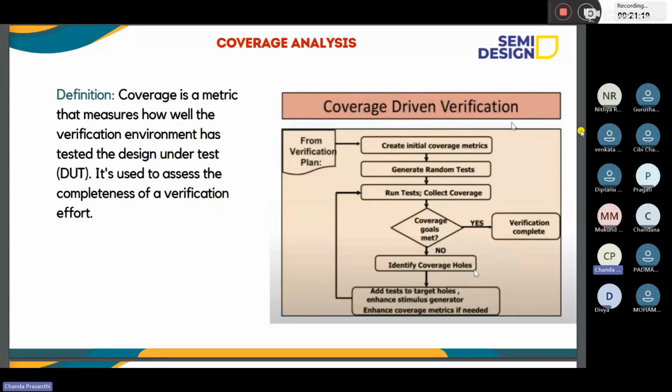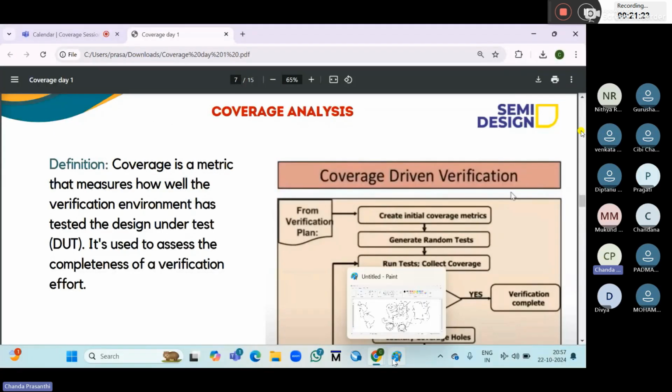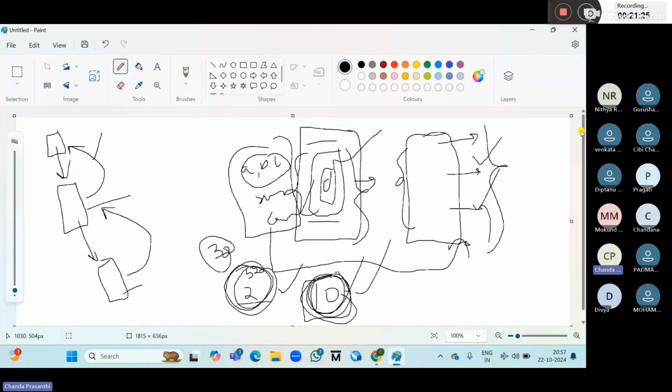Okay, suppose I told here there are 10 test cases. In real time there will be nearly 1,000 test cases for one single block, one suite. There will be thousands of test cases, and for thousands of test cases, we will write lakhs of bins. Literally, there will be lakhs of bins in the coverage.